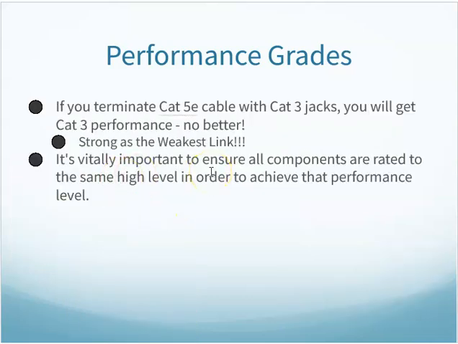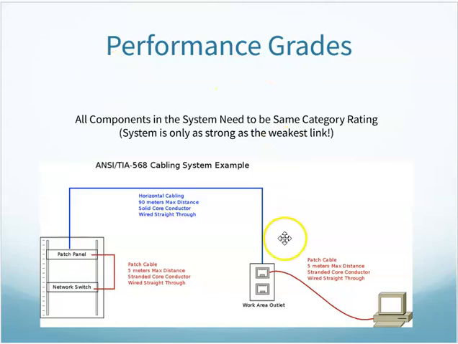And they remind you here that if I have Category 5E everywhere, but all of a sudden I start using Category 3 patch cables or whatever, my system's only going to be as strong as that weakest link. So I need to make sure I'm checking the rating on all my equipment and using the same category throughout. So my whole system, patch cables, outlet jacks, horizontal cabling, patch panels, patch cable, all need to be of the